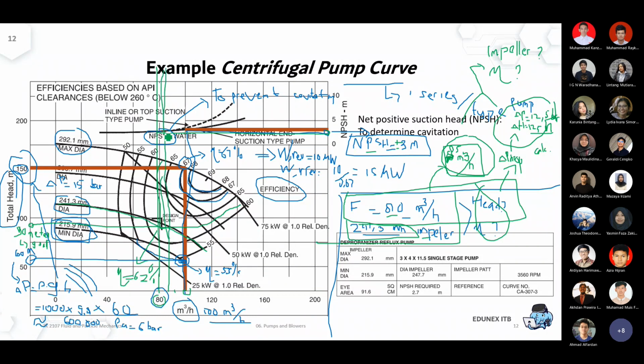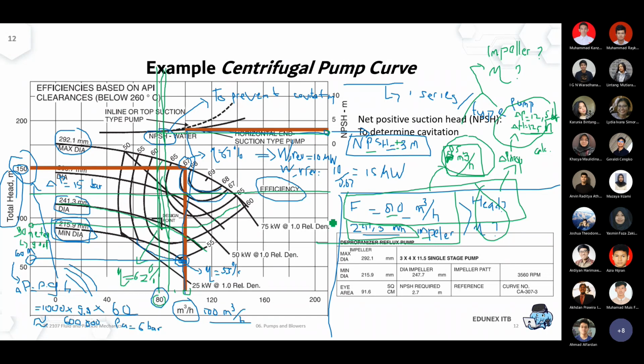That's my 85. Okay, now where should you put your head? 1 to 5 meter. Head is obviously in the y direction. So 1 to 5 will be somewhere in this part. Okay, so I already gave you the illustration.